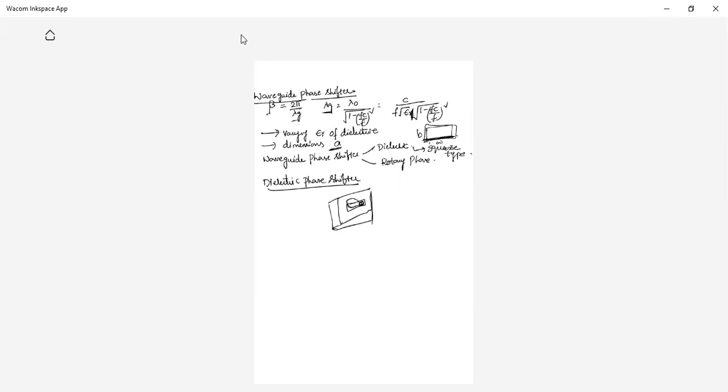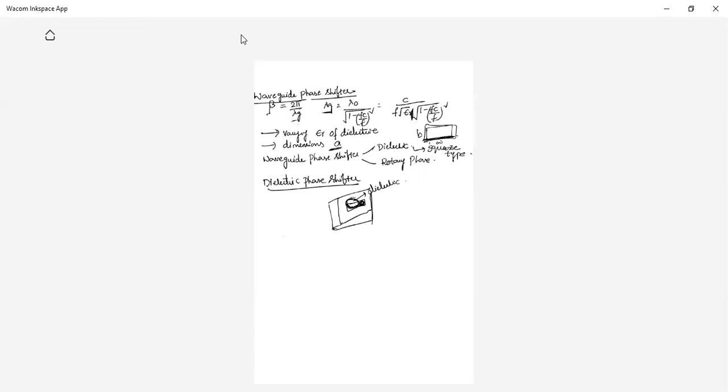This is a dielectric slab. The dielectric slab is kept in that slit. When you vary the position of the dielectric slab, it is going to affect the effective dielectric constant of this waveguide. This is the hinge. A hinge is nothing but something like a rod. We can move the position of that dielectric slab upward, downward like this. When you move that dielectric slab, its effective dielectric constant varies.